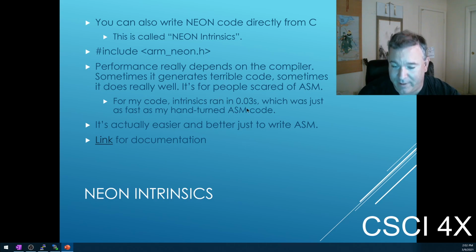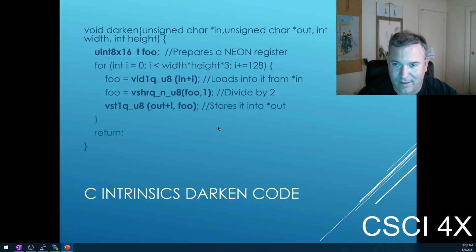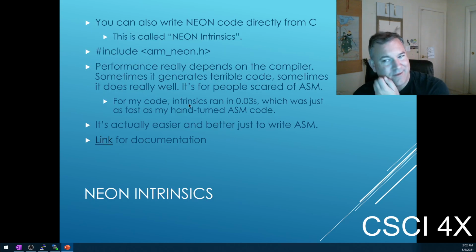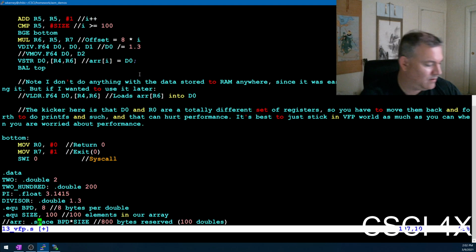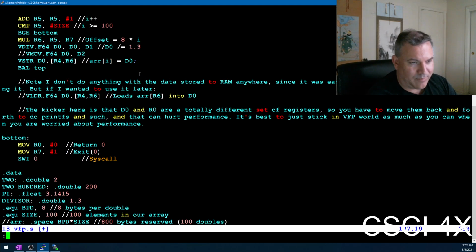I got them to run as fast as my hand-tuned code, but it was more annoying to write the intrinsics than it was to just write assembly. So you can read about that there if you want. We'll talk more about that next time. It's not necessary. Just write it in assembly. Your assignment's pretty easy. If you need to look up stuff,